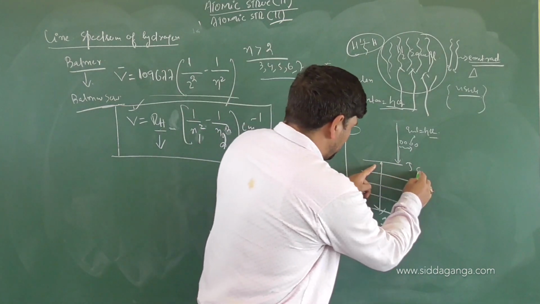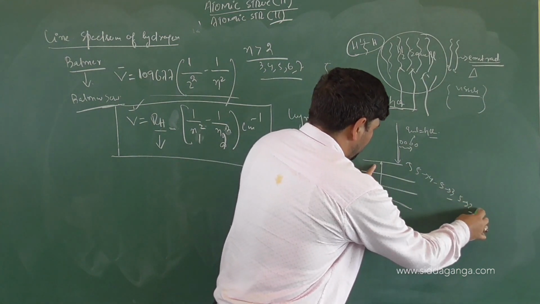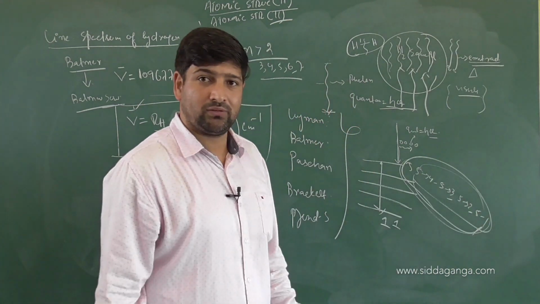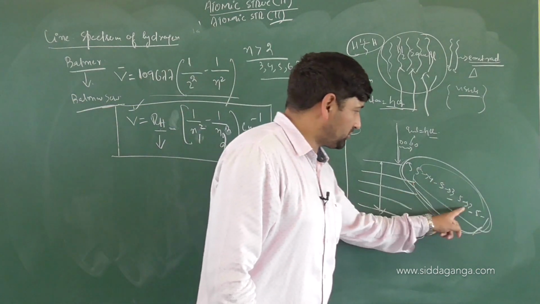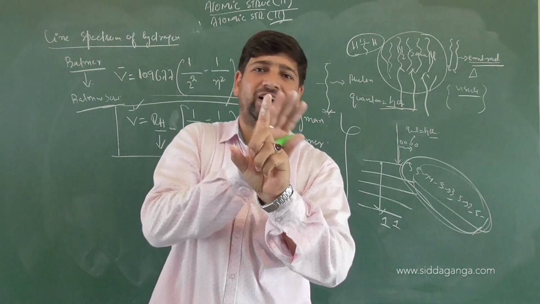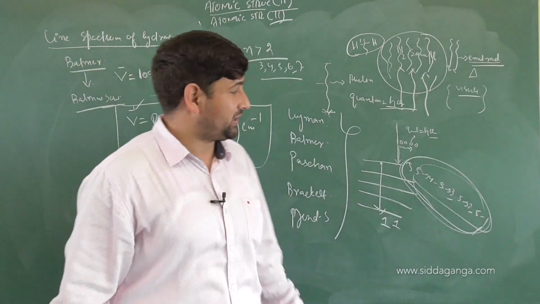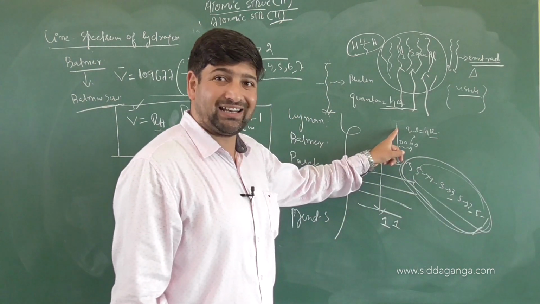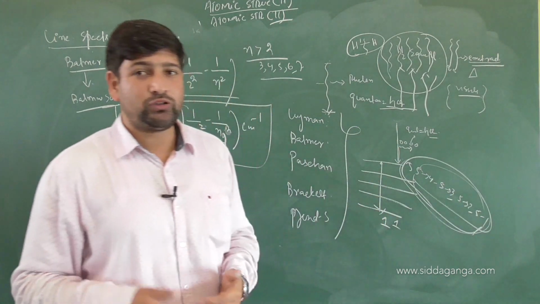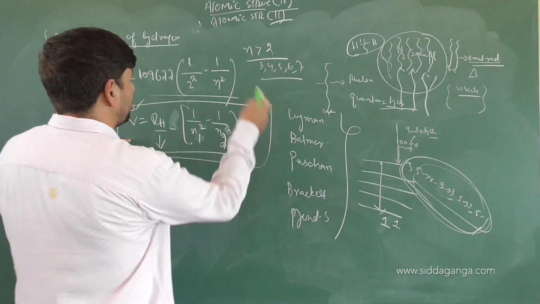What are they? It can go from 5 to 4 or 5 to 3 or 5 to 2 or 5 to 1. So this one line, 5 to 1, will be composed of how many more lines? 1, 2, 3, 4. So one line, when you are analyzing, will give you further fine lines. So we call this the fine spectrum of hydrogen, also the line spectrum of hydrogen, because you are getting bands, you are getting lines. What are lines here actually? Radiations, which will have some wave number, which will have some frequency respectively. Clear? Let us see how we get this value from Bohr's model of an atom.